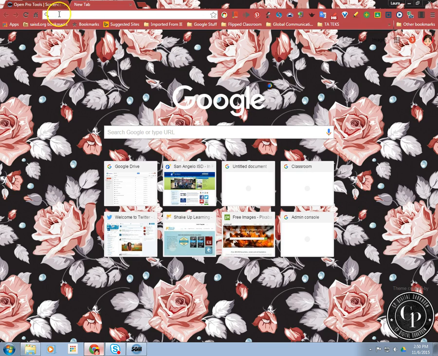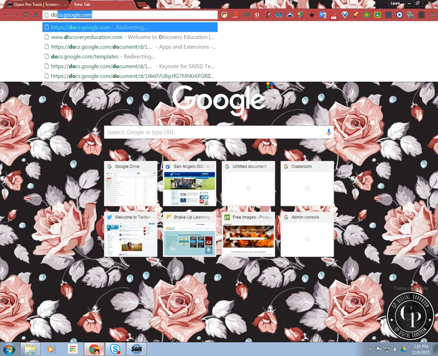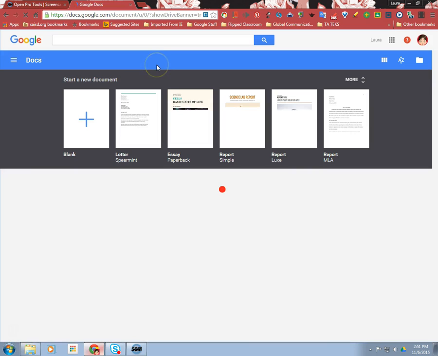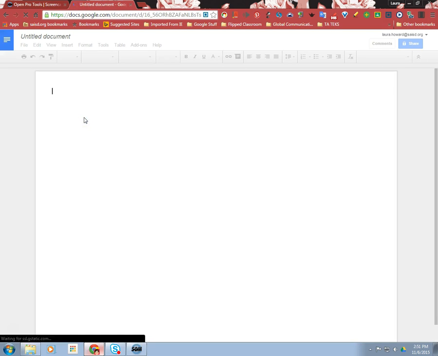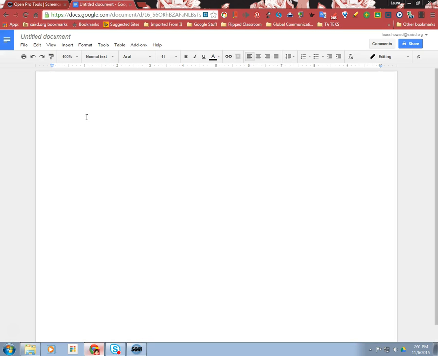You can type it in the address box here at the top, just docs.google.com, or you can always go to the app launcher and select it from there. Once you're in Google Docs, you're going to click on a blank document. And now we're ready to get started. This is just a regular Google Doc that we can type in, change the fonts, all that kind of stuff,